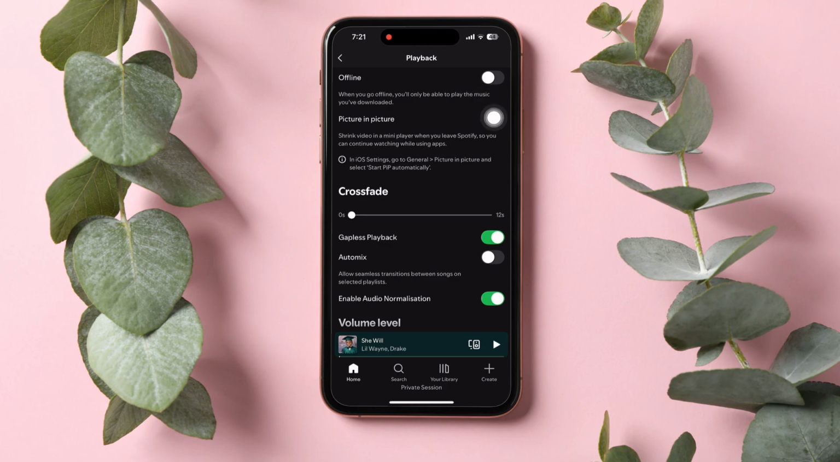And as you can see, it is currently disabled. Just tap on this icon on the right to enable it. In this option, when you go offline, you will only be able to listen to the music that you have downloaded. Now, after enabling it, you can play and listen to the music that you've downloaded on Spotify even when